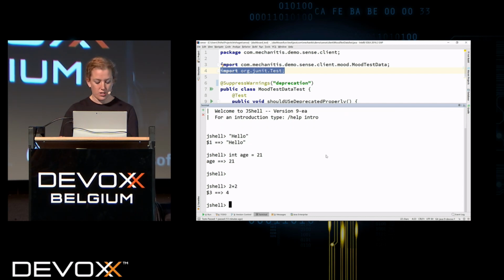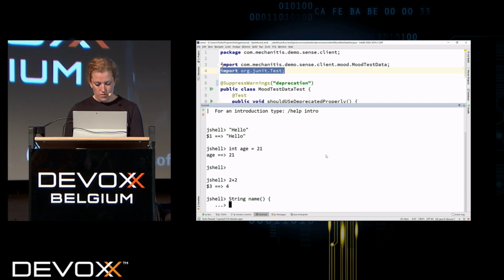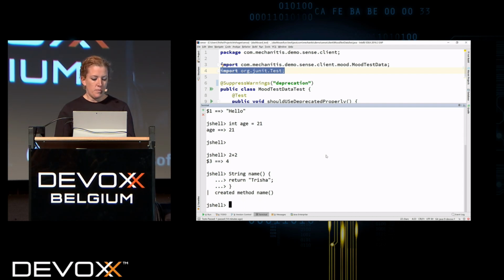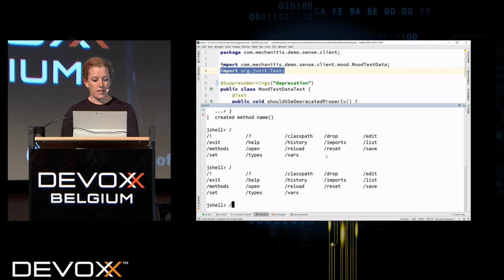I can create methods, so I can have a string name method that returns Trisha. So I can build up some stuff here. There are also commands.